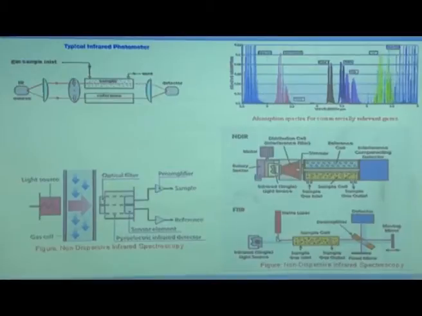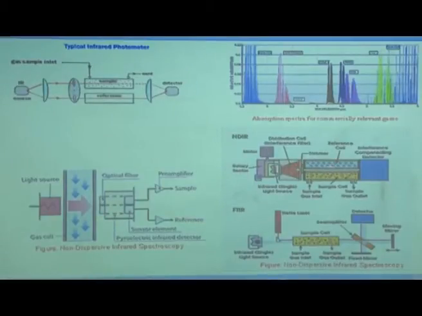Okay. So, the wavelengths between 4.2 to 4.3 are characteristic to CO2. Between say 4.5 to 4.9, this is characteristic to carbon monoxide, and these are not overlapping, these are very distinct wavelengths. Okay. So, here there is a motor, there is a rotary sector, and there is an IR source, single light source, and this is the distribution cell.